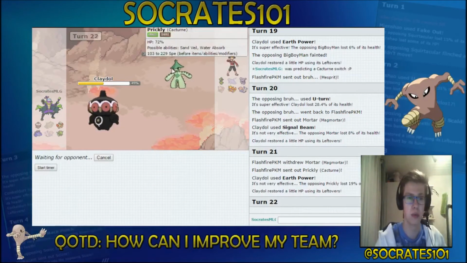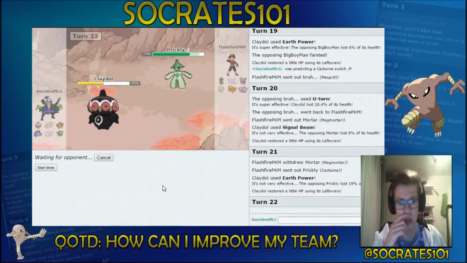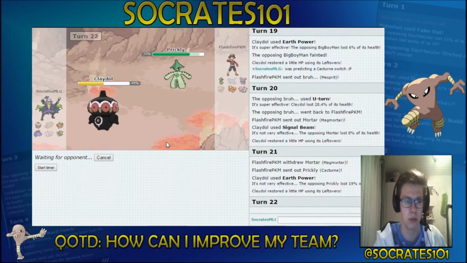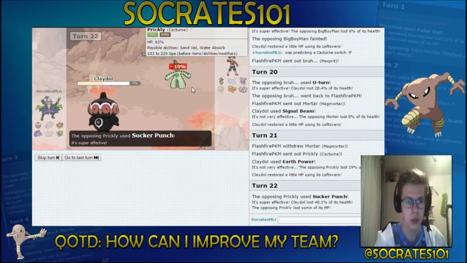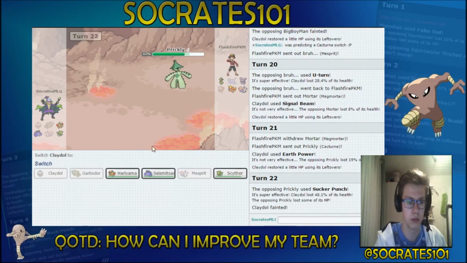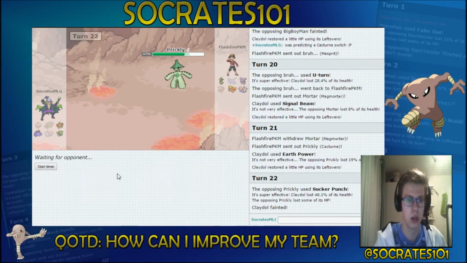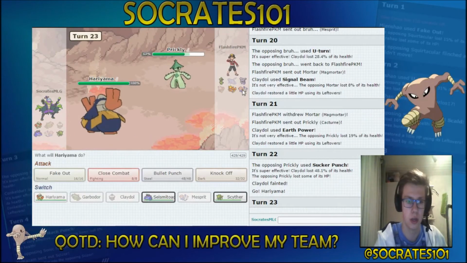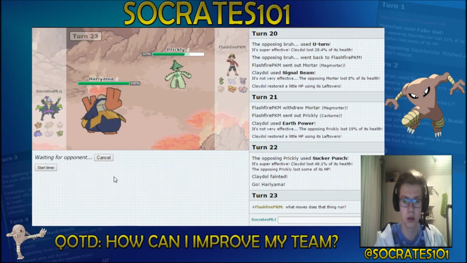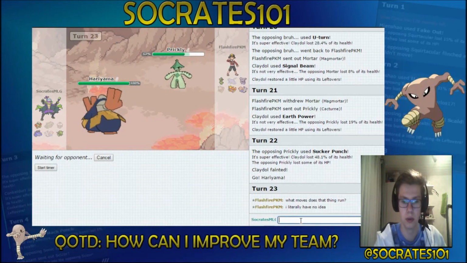But I don't want him to set up an SD, so what I'm going to do is just straight up click Ice Beam right here. And afterwards I just get a free switch in Hariyama again. So that's great, he's whittling down himself, it's phenomenal. And I get a free switch in Hariyama, which is really amazing. I'm just gonna click Close Combat and